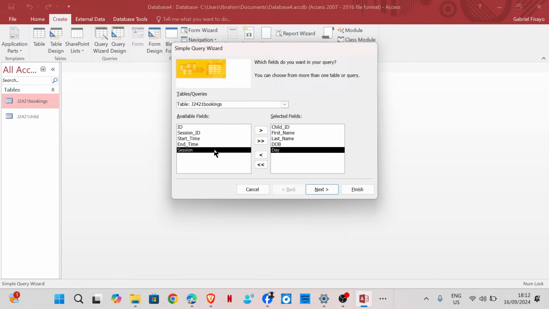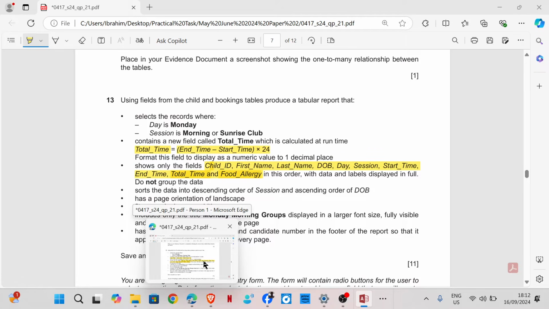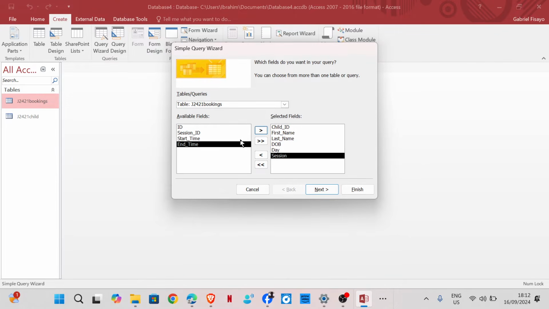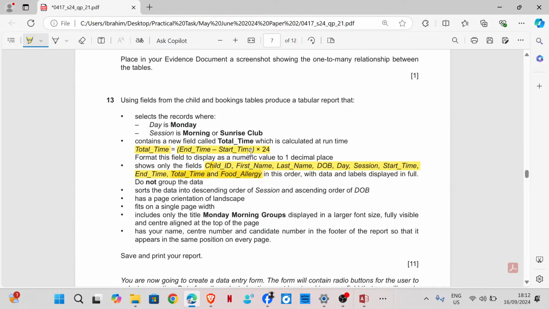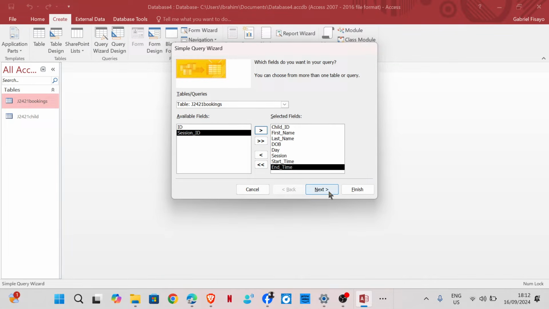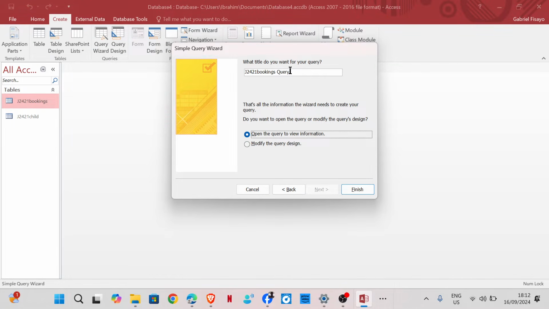Excuse me, and then we have session. Then we have start time, end time, and then we have total time and food allergy. Total time is a new field that we have to create using this formula, and then we have food allergy. So I'm going to go next and then title this query